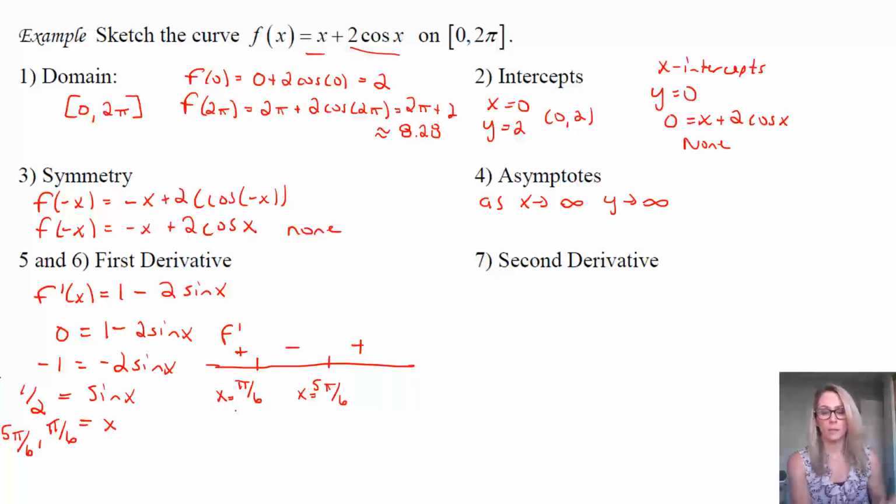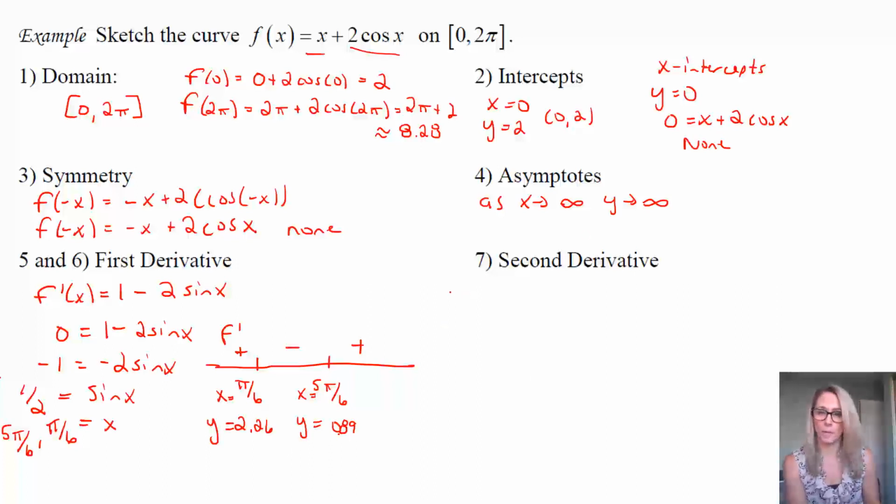Now if we put these values, x equals pi over 6 and x equals 5 pi over 6, back into the original function, that's going to give us the y values, the function values at those x values. So if you put those in, make sure you're using radians. You're going to get about 2.26 here, and you're going to get about 0.89 here. Again, make sure you can get those on your calculator. Those give us the y values for those x values, which are important because that is where the derivative equals 0, so that's going to be some sort of local relative min-max situation.